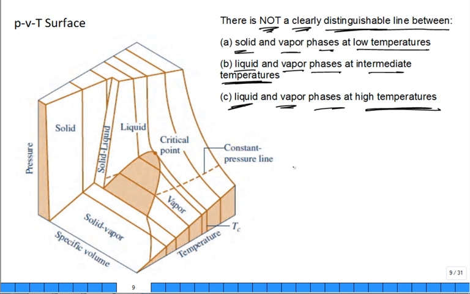Well, what is it? This region in here is what we're just talking about, where it lacks a clear distinction between not the solid and the vapor, it's the liquid and the vapor. So the A, B, and C are the contenders. A goes out because there's not a problem with the solid. But I look at it and I say, is that at high temperatures or low temperatures? It's high temperatures. Best answer is